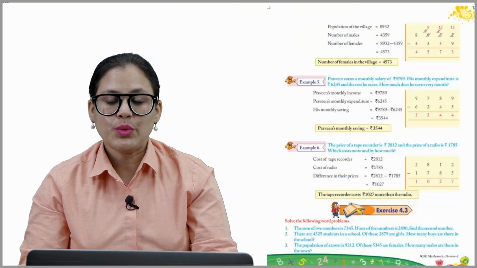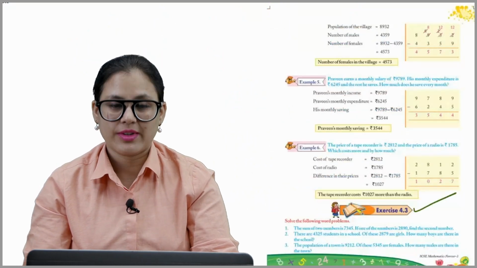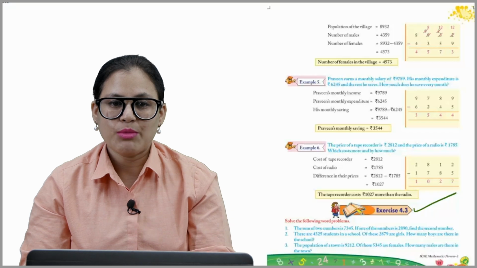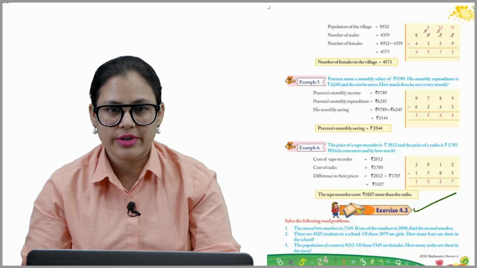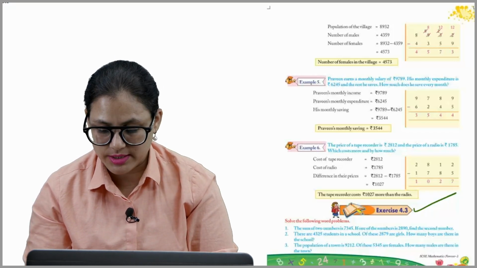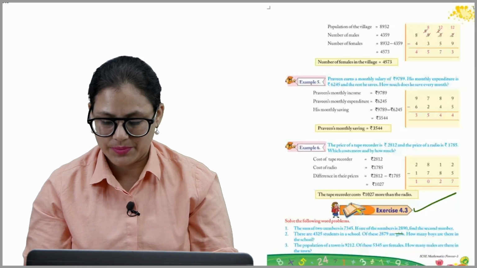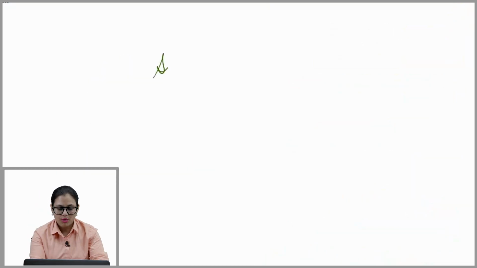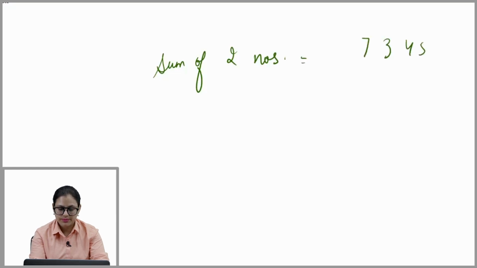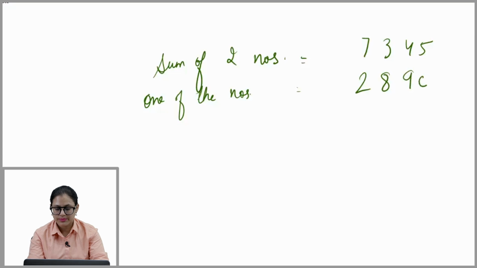Let's do exercise 4.3. The sum of two numbers is 7,345. If one of the numbers is given, which is this, we have to find the second number. Okay. So right here, the sum of two numbers is 7,345. One of the numbers is 2,890. Second number,